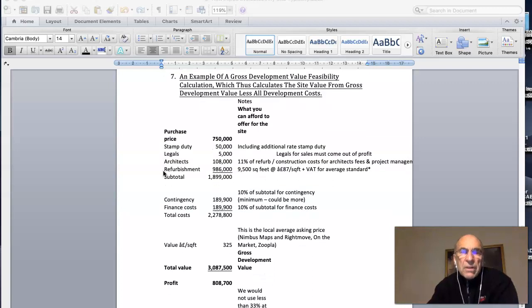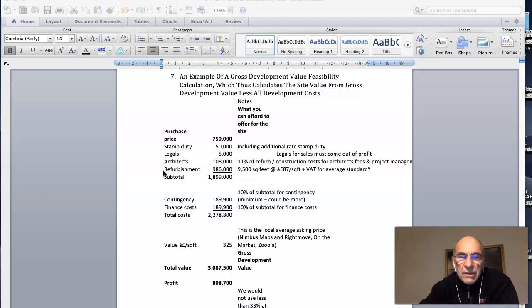So this is an example of a gross development value feasibility calculation, which calculates the site value from gross development value less all development costs. The purchase price: we start off with a ballpark assumption. It may be the asking price, or it might be slightly less than the asking price. And we run a calculation based on that using the PropertyData format, which is like this: stamp duty plus legals,